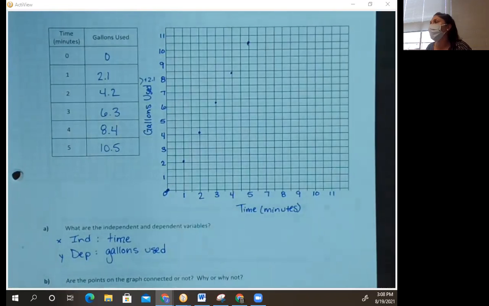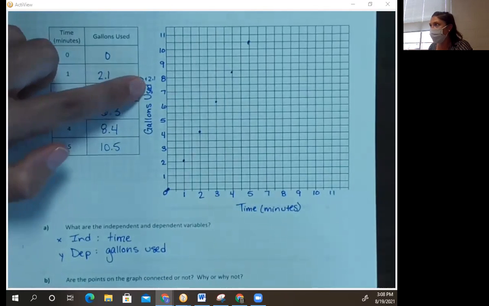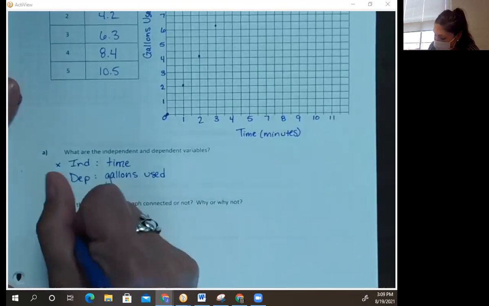The next thing I need to decide is, do I want to connect these or not? Now we just talked about discrete and continuous variables. If I have any discrete variables, I should not connect my points. Otherwise, I should connect my points. Why? Time and gallons are both continuous variables, right? I can shut that shower off at any point. I don't have to wait for the next full minute. And depending on when I turn that shower off, that will give me my number of gallons, which again doesn't have to be a multiple of 2.1. It could be any value. So I'm going to connect these